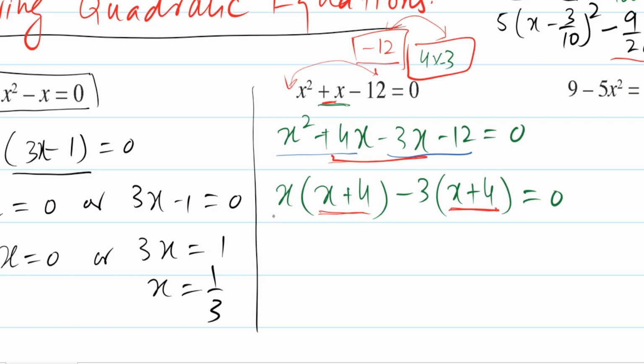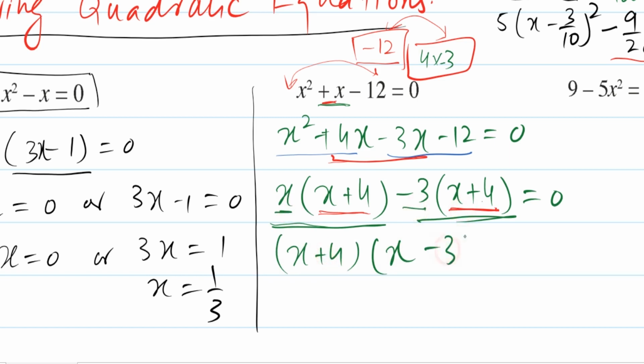Now we have two terms. The first term, this whole expression, is now one term because they are multiplying. There is a bracket and one, and this is the second term. Now we have two terms on the left hand side. In these two terms, x plus 4 is common. If I take x plus 4 out, I will be left with x here, and then taking x plus 4 out, we will be left with minus 3 here, equal to 0.